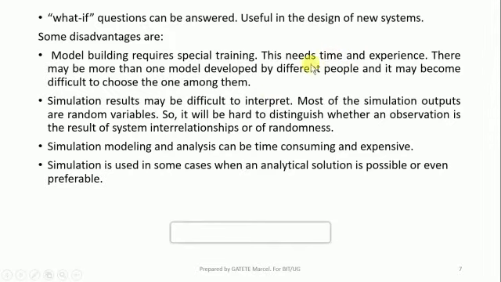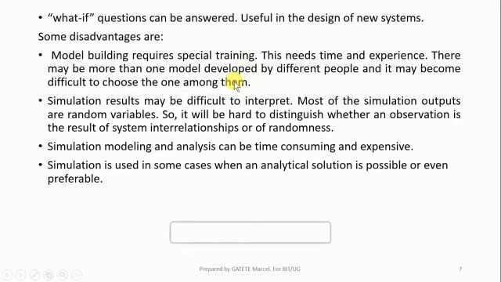There may be more than one model developed by different people, and it may become difficult to choose one among them. You can have different models, each one developed by a different person. So you are going to have so many models, and you won't be able to choose which one is better than others.